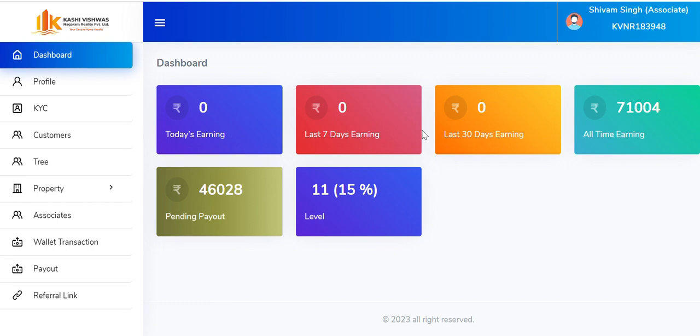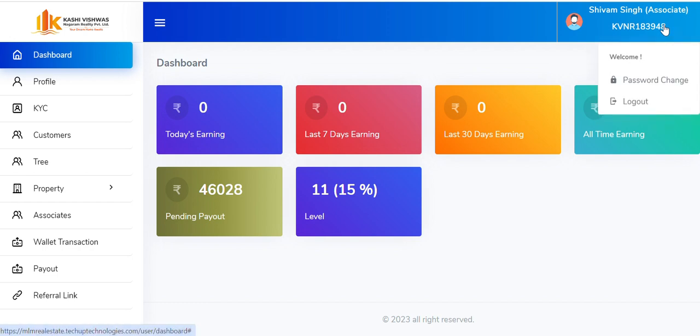So now as you can see on your screen, this is the user dashboard, or the user panel or the associate panel, where an associate can log in and see all their profile and data related to the working and update on the projects and plots that they sell or get sold. On the dashboard, they can see their total earnings, their total payout, their pending payouts, their level, and what is their percent on their level.